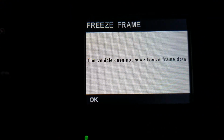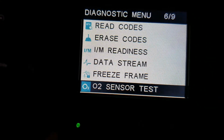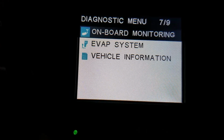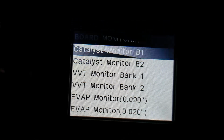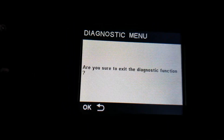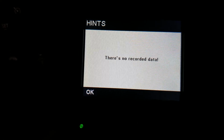So freeze frame, there's nothing there because I never had anything. And we're not going to do the vehicle information because it'll be the VIN number, and I think I'm not supposed to show people your VIN number for some reason. We have the review function. Now a lot of this just isn't going to have anything because it's new and we didn't have any codes, so